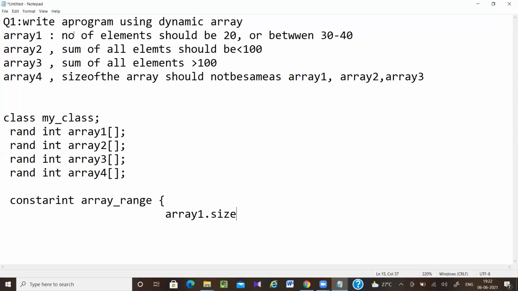The number of elements should be 20, and elements should be between 30 to 40.